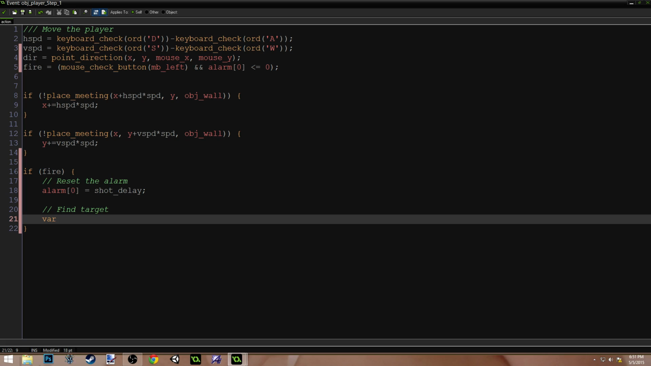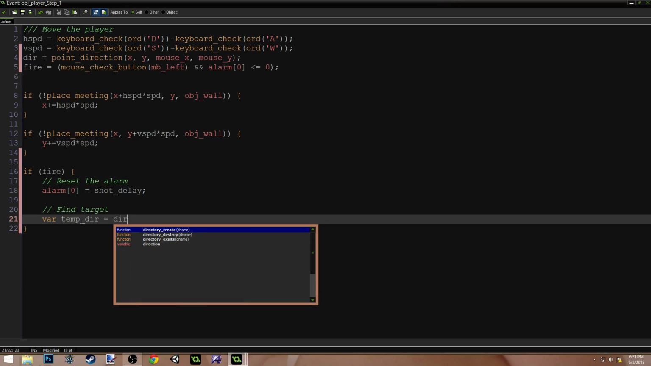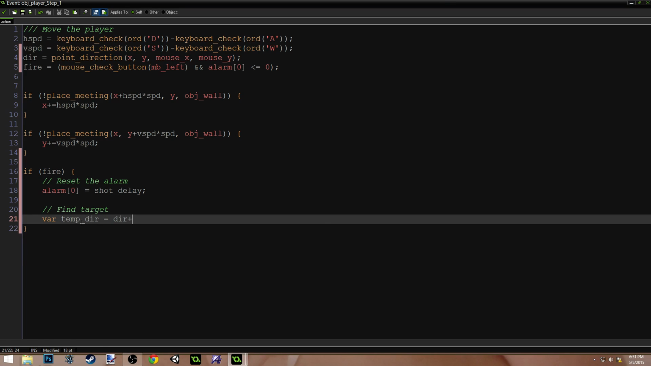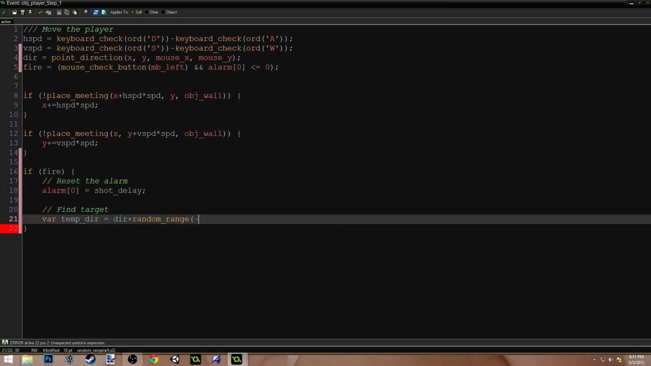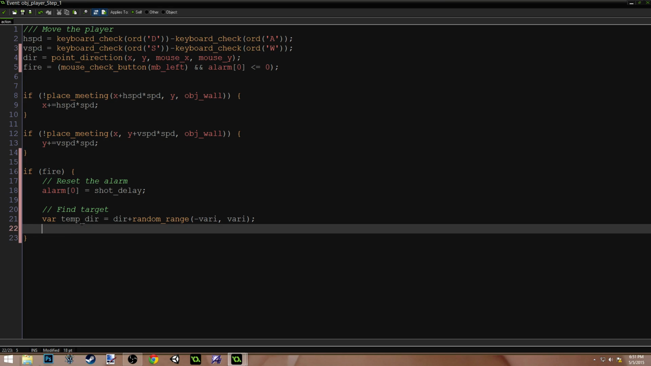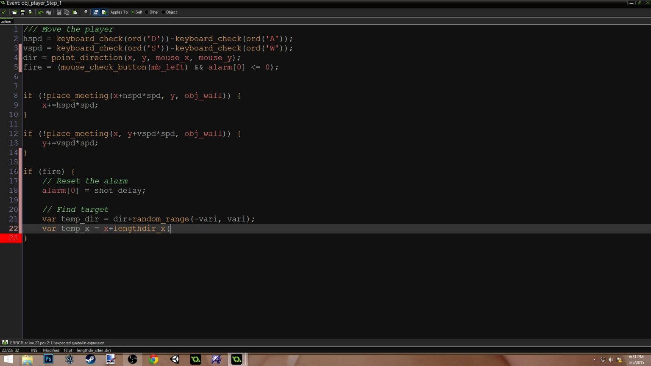Var, I'm going to create a bunch of temporary variables here. Var temp dir equals our actual direction plus random range negative vary. So that's just going to add a little bit of randomness to the shot's direction. Var temp x equals x plus length dir x 48